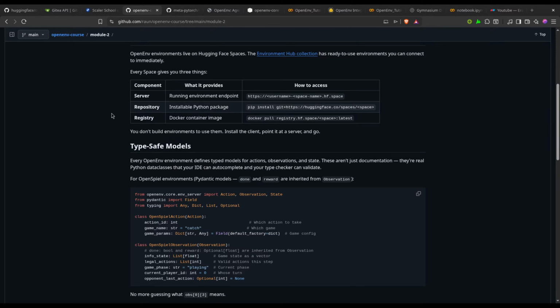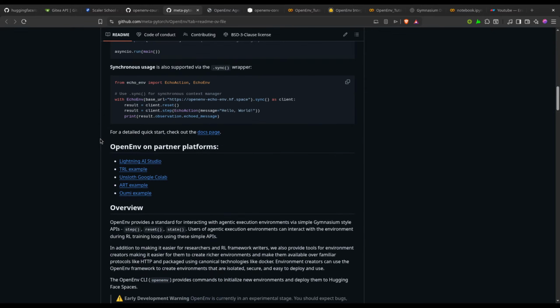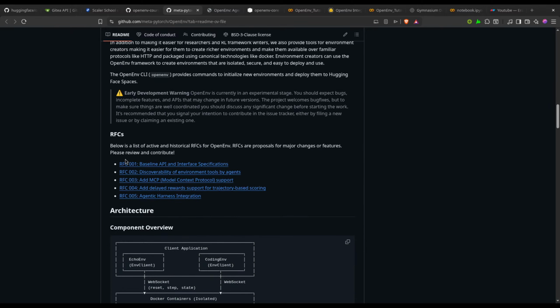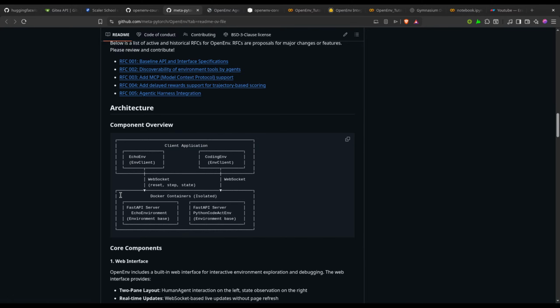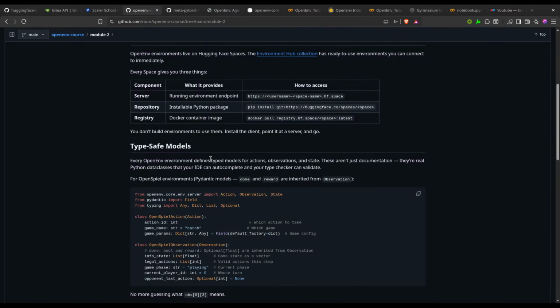Type safe models. Okay, I think this is something which they have already discussed, how they are making it more easily debuggable. That is a feature that they have introduced, which is better than the Gymnasium by OpenAI. By doing so, they are able to make it more easily debuggable for the production environment.